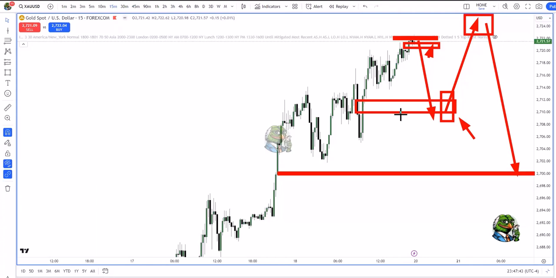We don't just long because we've come into a fair value gap, because this could continue to a higher time frame objective of 2700, and even there continue to 685, as I've explained. Okay, so these are just ideas. We don't trade off ideas, we trade off setups. Okay, so that's what I am looking at for next week.